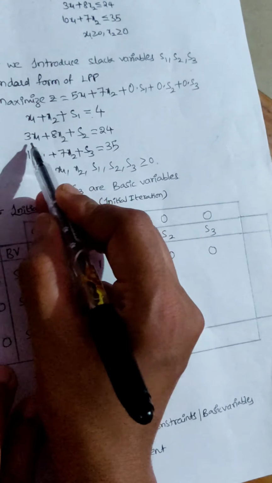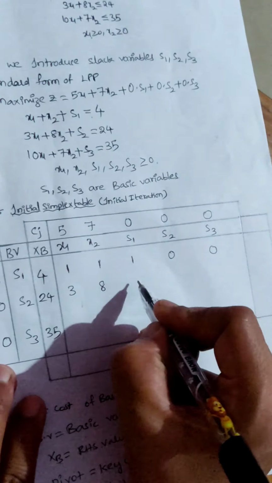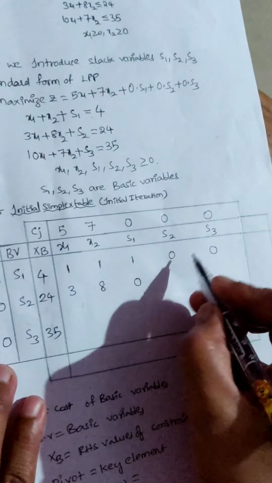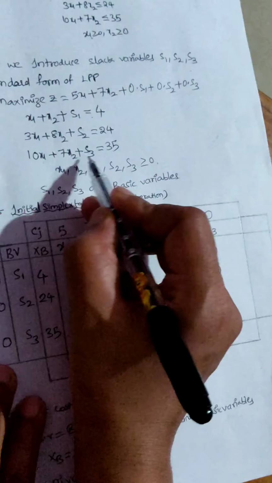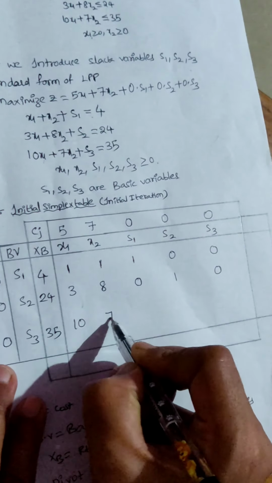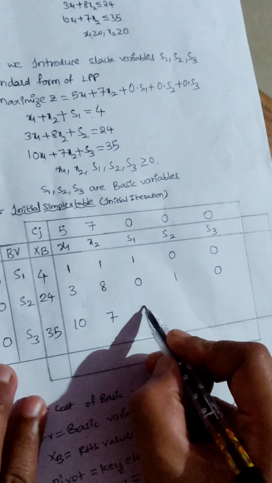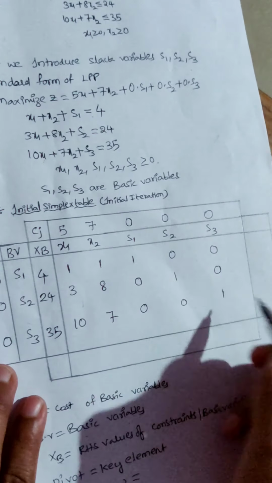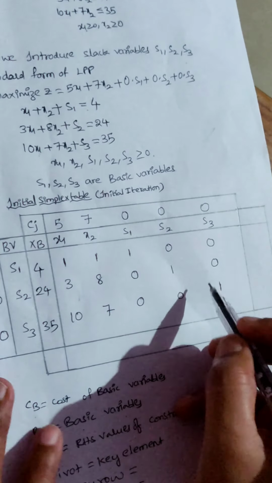Similarly, in the second constraint, the X1 coefficient is 3, X2 is 8, there is no S1, so 0, S2 is 1, S3 is 0. Next, for the third constraint, the coefficient of x1 is 10, x2 is 7, S1, S2 are not there, take them as 0, 0, and S3 is 1. Okay. After writing this table, find out